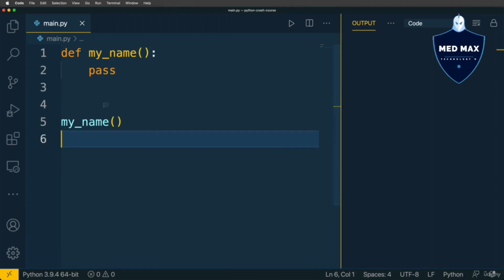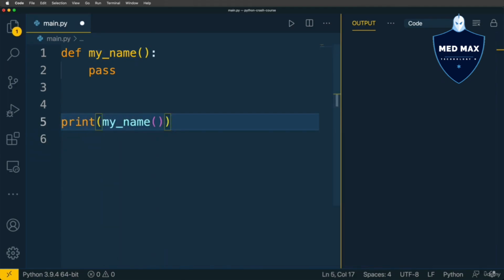Let's try to print result of this function call like that. Print, and here inside will be called to the my name function. Let's now save changes and rerun, and now here I see None, and that's a result that is returned by this my name function. This keyword here actually does nothing,